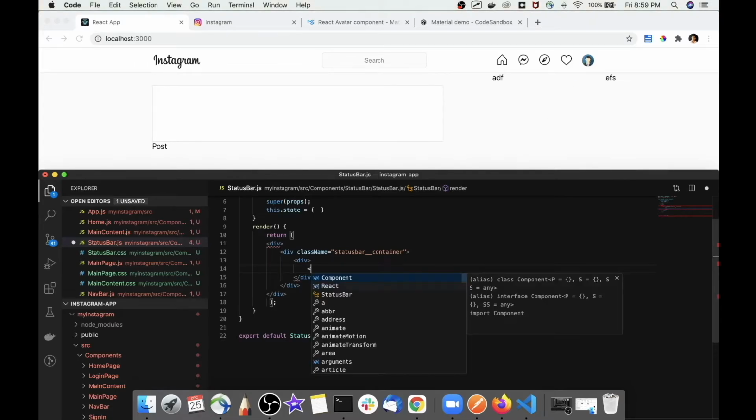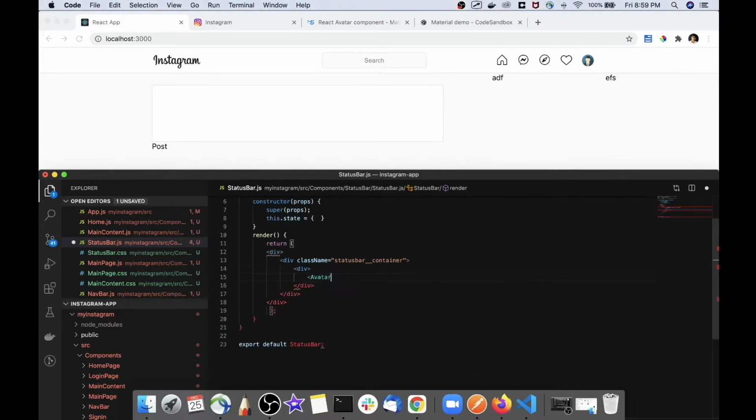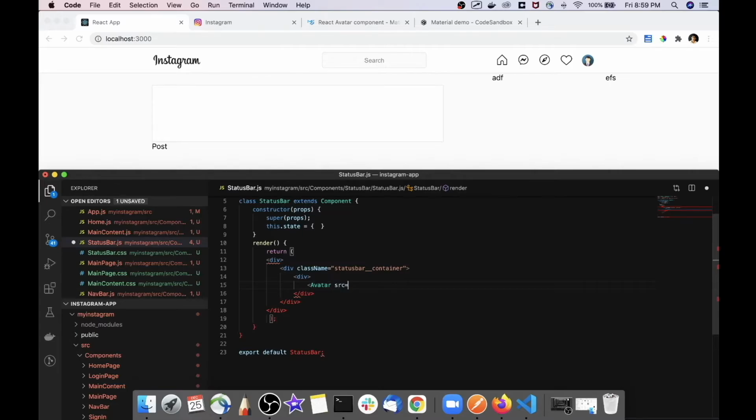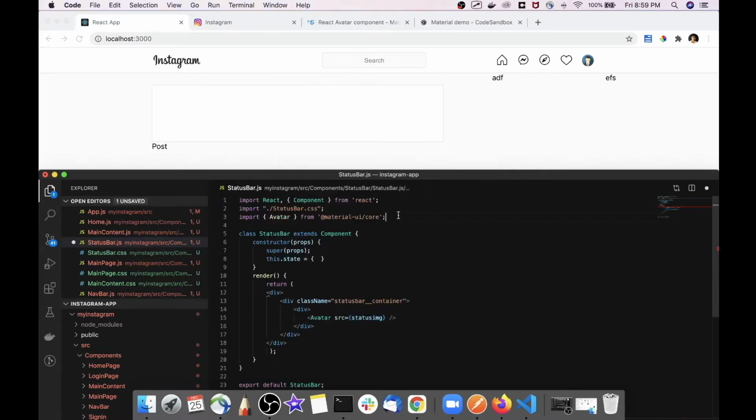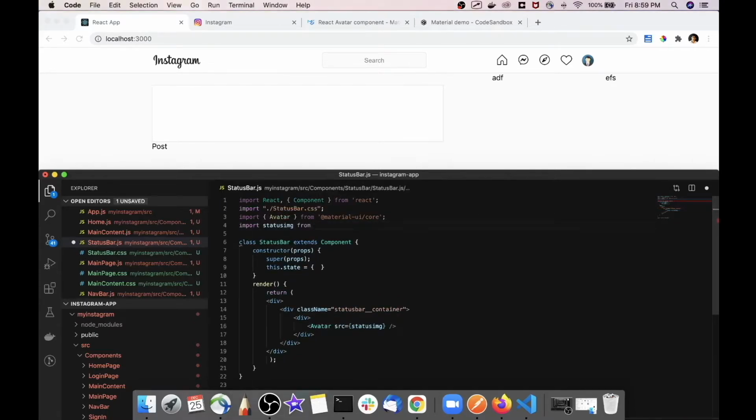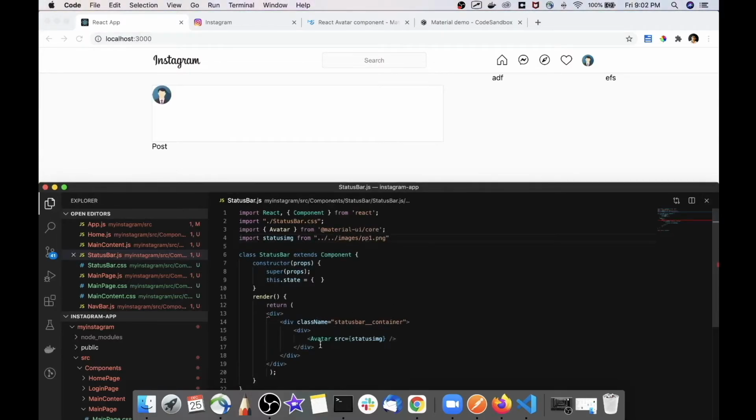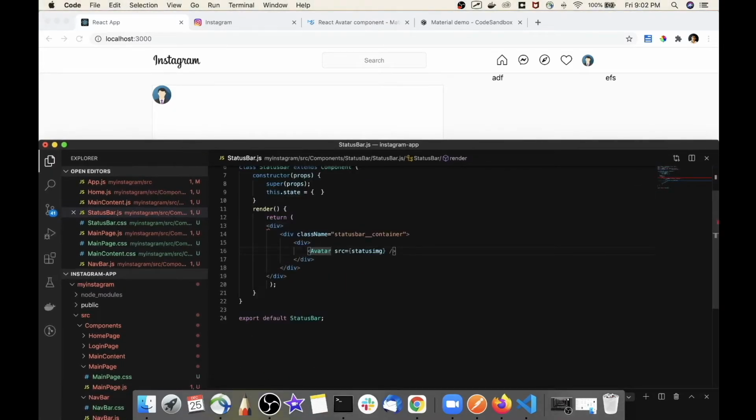So we will import that Avatar component over here, and let's provide the source to our image. Let's use our existing image. So let's make it as the status image, and let's import the image at the top. So yes, you can see that we have got an image over here. So let's customize it the way it should look. We'll provide a class to this component,